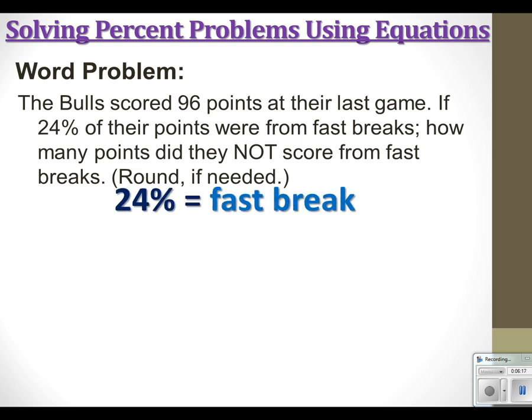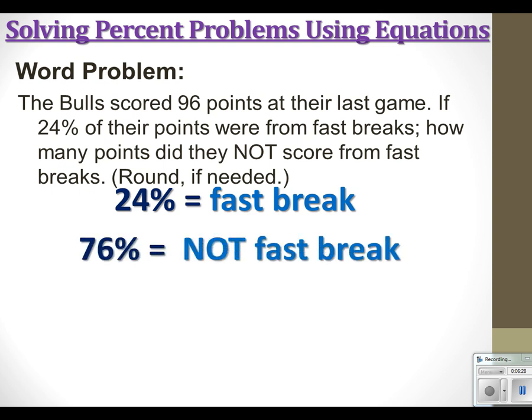So 24% were from fast breaks. So that means what percent was from something else other than fast breaks, and that would be 76. 76% were not from fast breaks. They were from free throws, they were from layups, they were from dunks perhaps, but they were not from fast breaks. So that's the number you want to focus on. Okay, 76%. That's the focus here. Okay, so now what we're going to do is find 76% of their points. 76% of